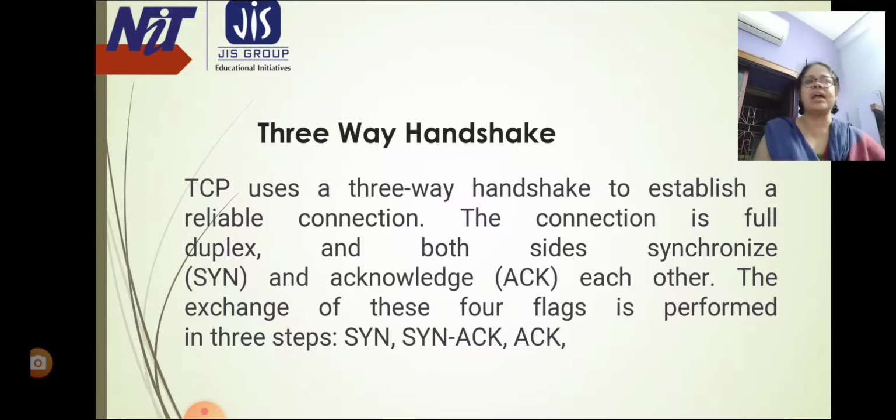As soon as the client requests a communication session with the server, a three-way handshake process initiates TCP traffic by following three steps. So there are three steps which are followed.